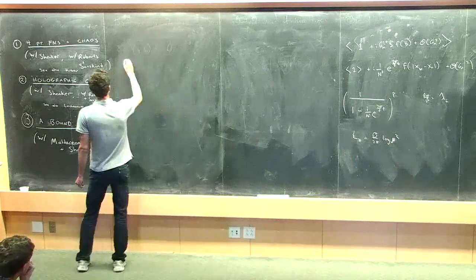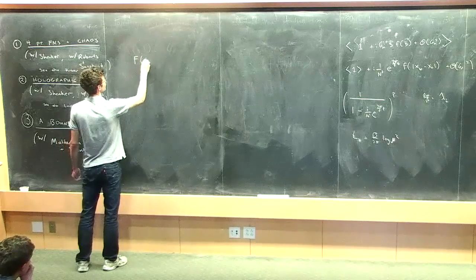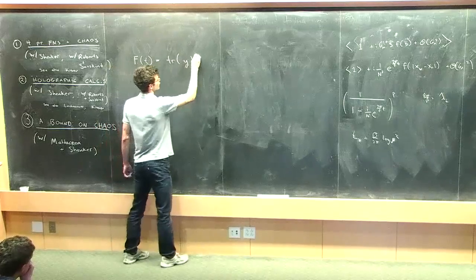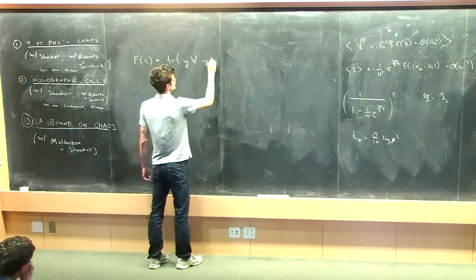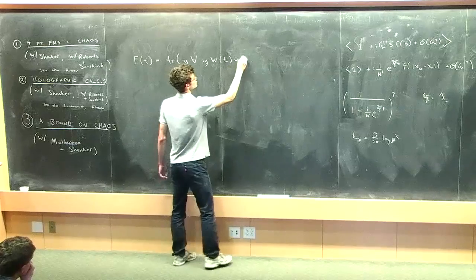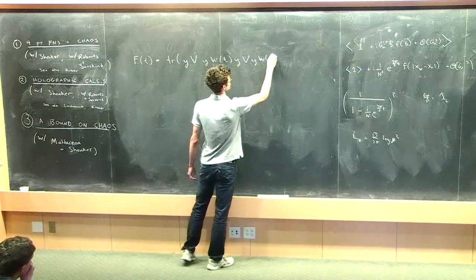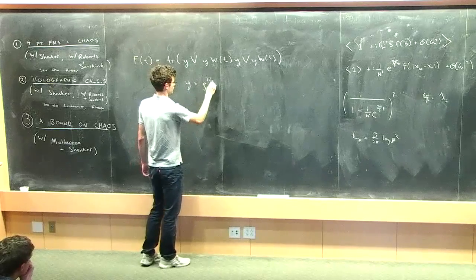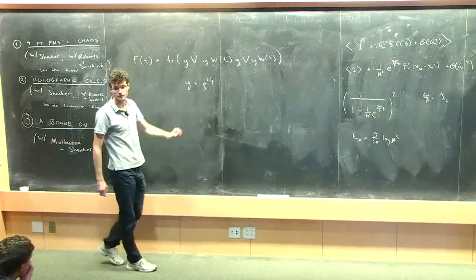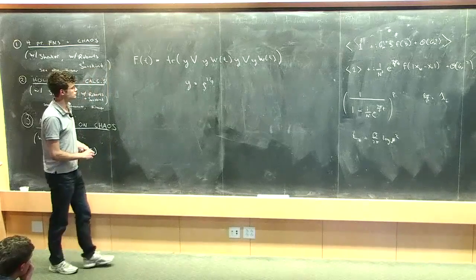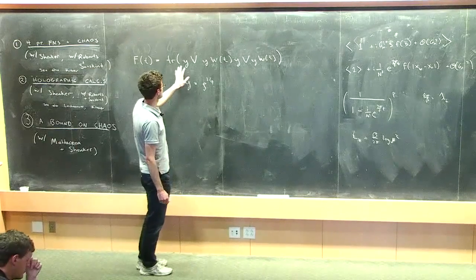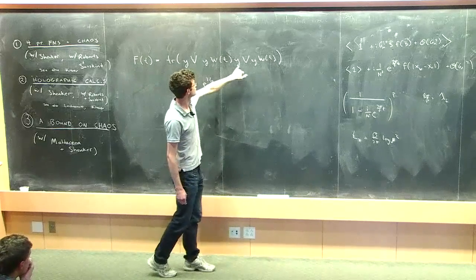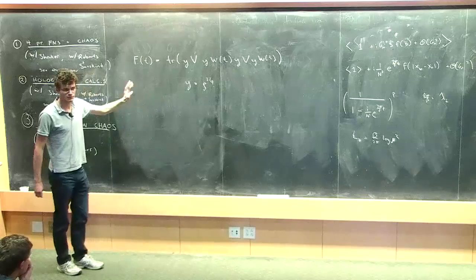And the way we're going to attack this problem is to consider this 4-point function, F of t, which is a thermal trace of y, I'll define y in a moment, times this sequence of operators, where y is equal to the thermal density matrix to the 1/4 power. Okay, so this is like a thermal expectation value, but I've split up the density matrix into 4 pieces that are sitting between these operators.